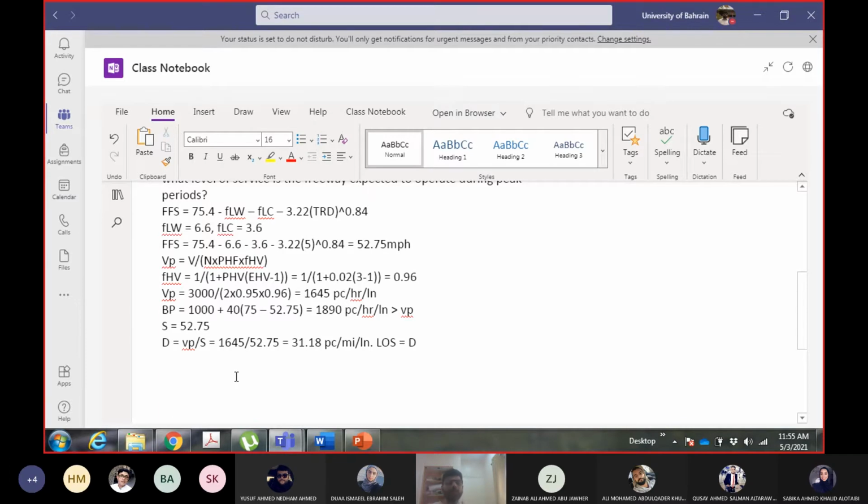How can we improve it, or why are we getting level of service D? Although 3000 vehicles per hour is not a high volume, you are still getting level of service D because of the geometry of the road: lane width, lateral clearance. Your lane width was 10 feet, and the standard value is 12 feet. The lateral clearance is 0 feet, no clearance on the side of the road. So because of the road geometric conditions, you are getting poor operational conditions. If you want to improve the level of service, improve the geometry of the road.